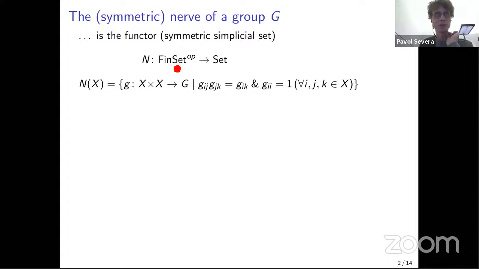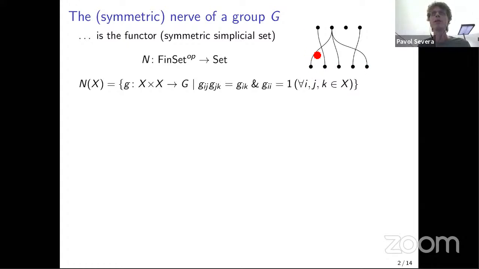Let me explain what's happening here, because this category of simplices that I put here, the category of finite sets, is not the standard one. The way I'll be drawing it, my finite sets will always be drawn as just a sequence of points. So for every n, we will have just one finite set, which looks like that. Morphisms will go upwards.